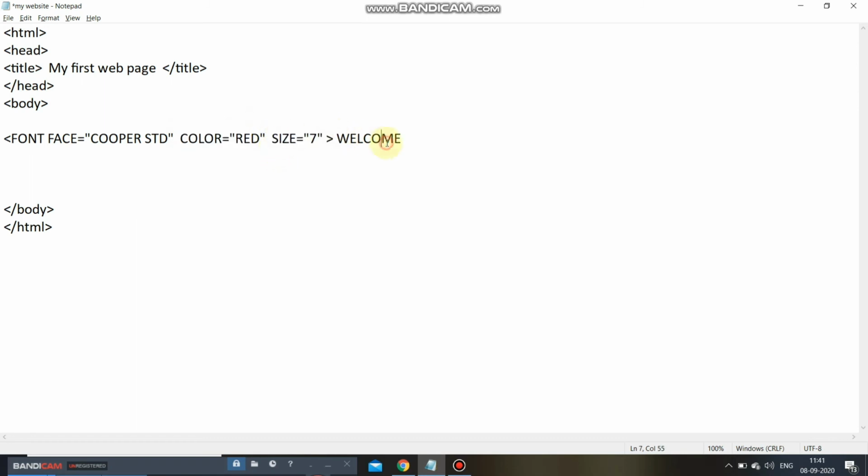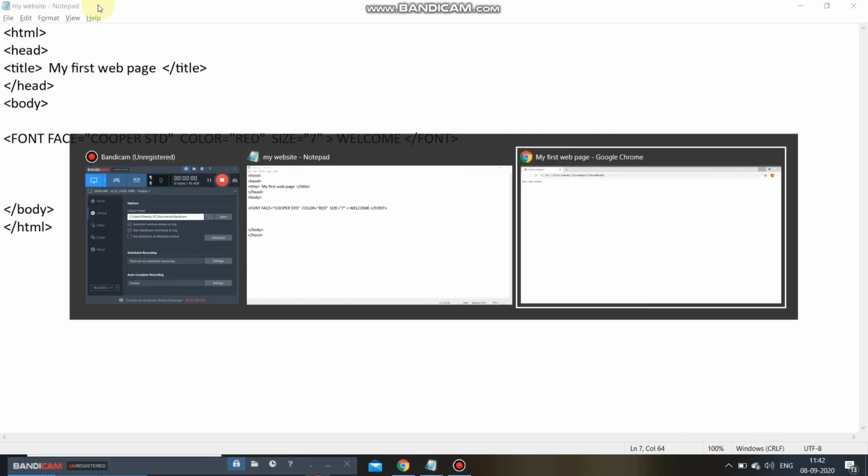We have written these things in the same line, and we have to close the font tag with /font. Now we have to save it. I'm going on file and clicking on save, or we can simply press Ctrl+S. Now if I go to my final web page, I'll refresh the page.